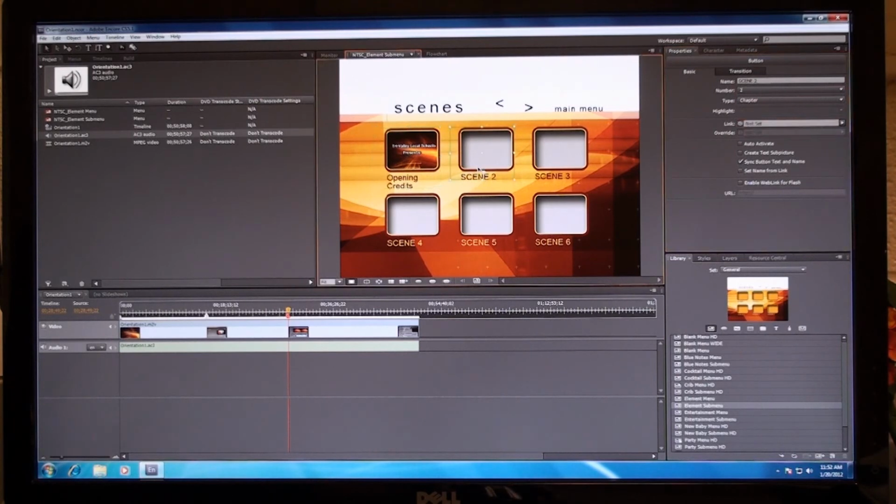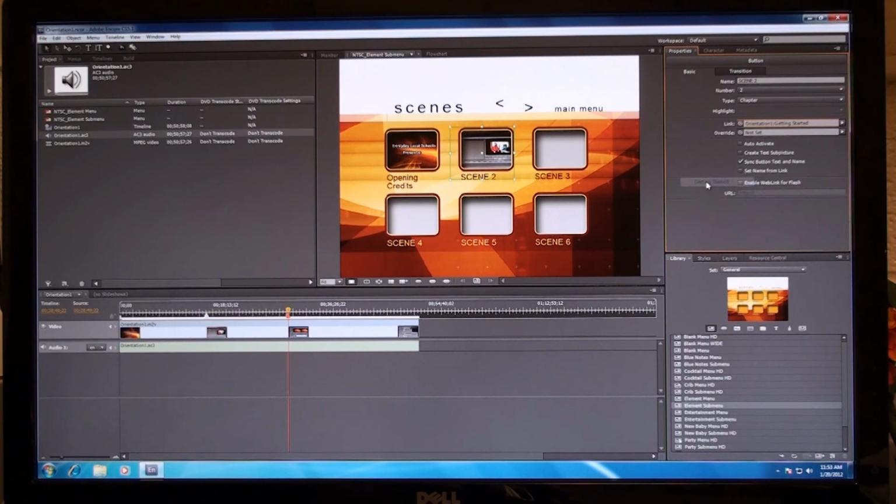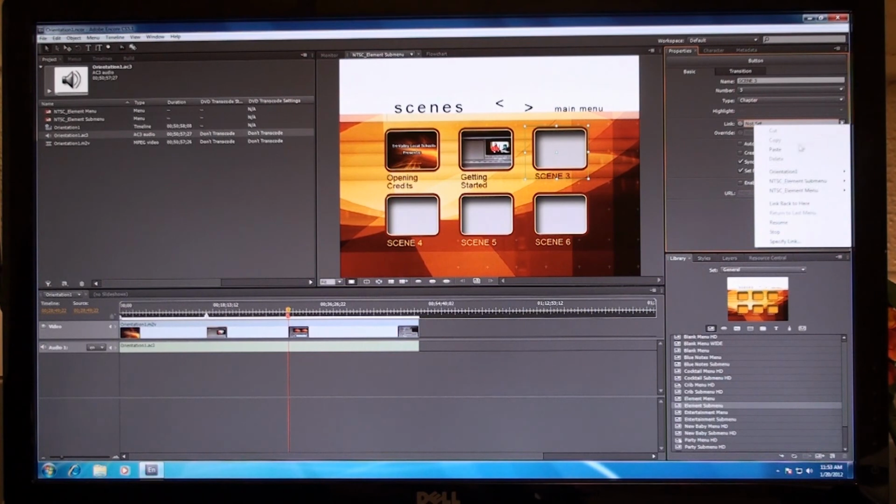Do the same thing with scene 2. Again, come down here to orientation. In this case, I'm going to make that one getting started. I forgot to check that box, so I'll go over here and check the box, and it'll change my title for me. Click on the next one. Again, set name from link, and then go up to the link, come down to orientation, and that'll be the